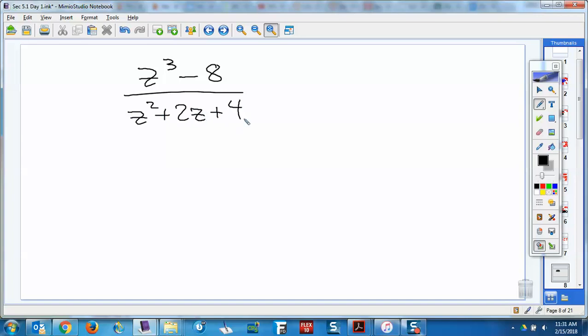Now, I don't know, does Mrs. Andreessen still give you those factoring sheets with all the different factoring rules on it, like when you had it last fall? Difference of cubes was one of them. Now, I always tell my calc students they don't have to memorize this, and so you're not going to have to memorize it in here either. But the pattern for a cubed minus b cubed was a minus b, anybody remember? A squared plus AB plus B squared. The sign here is the same as the sign here, and then the sign in the middle changed opposite, and then it's